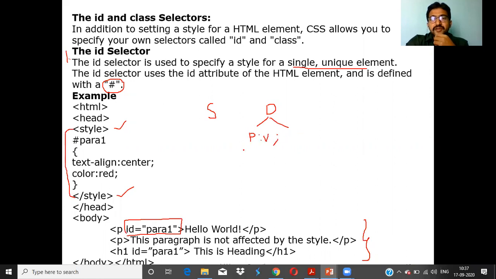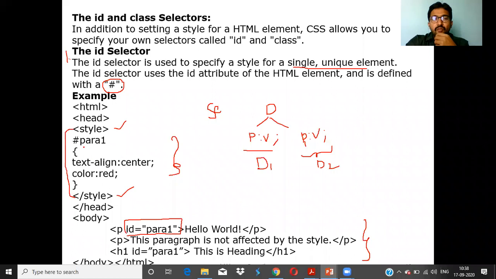This is the first declaration. The second declaration is the same: property, colon, value, separated with a semicolon. Like this, we can have one or more declarations, D1, D2 and so on, all following the selector. So in this example, this is the entire style.